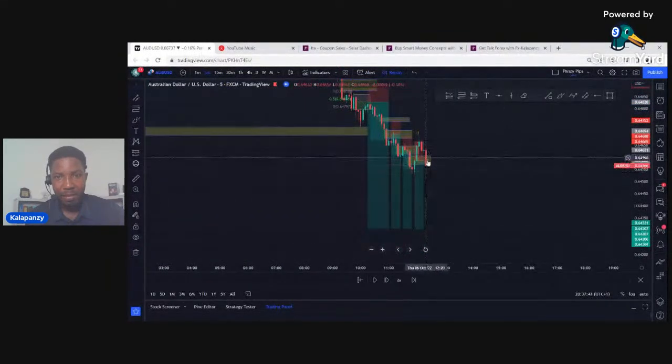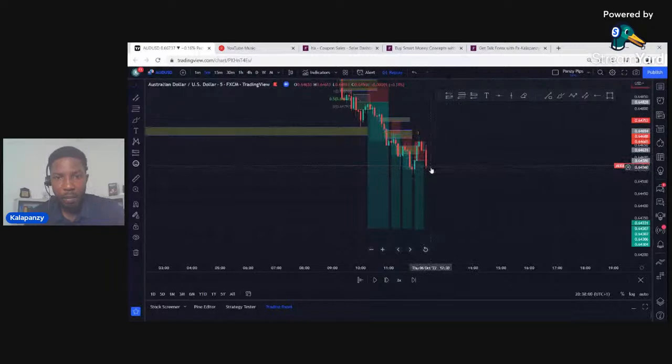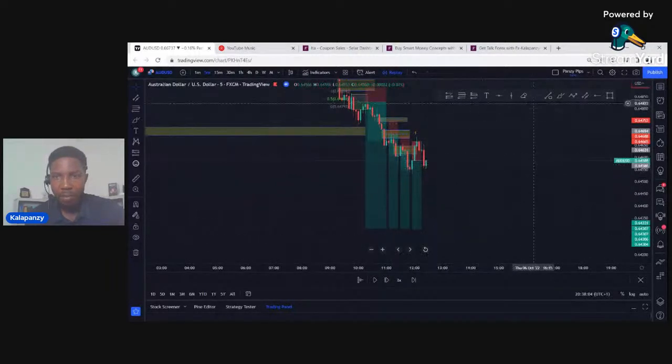Now we have something looking like an imbalance, but we want to wait to be sure we have what we actually want. The imbalance has been filled up. We can actually delete it because it has been filled up. So I'll take it off. So let's see what happens. We need a third candle to have our imbalance confirmed. Okay, so we have our imbalance there, and we mark out our level,